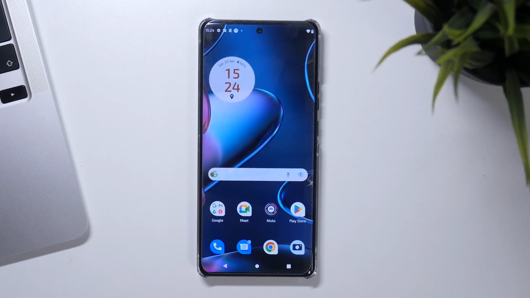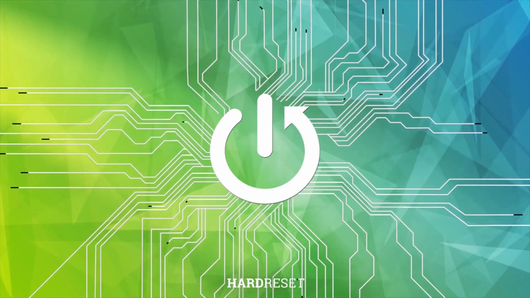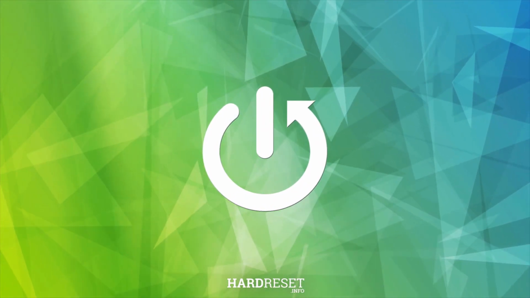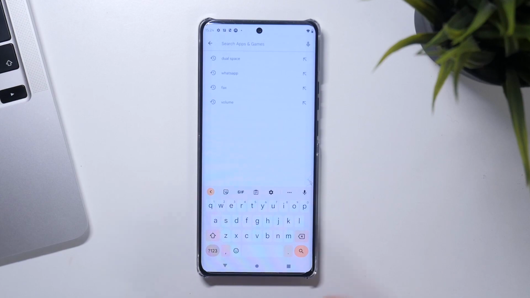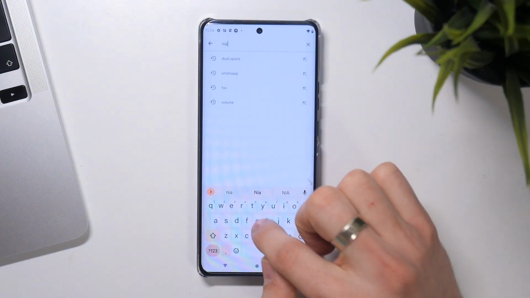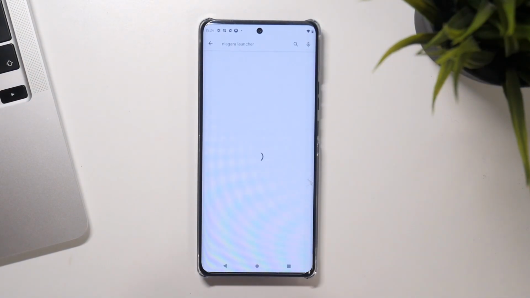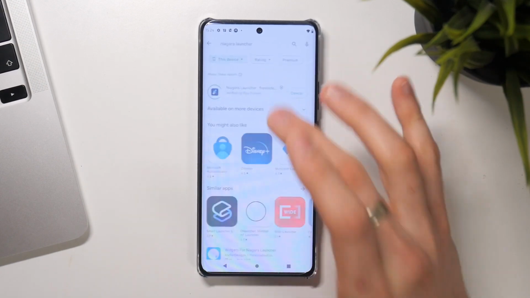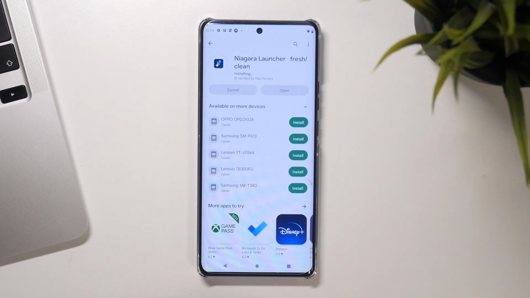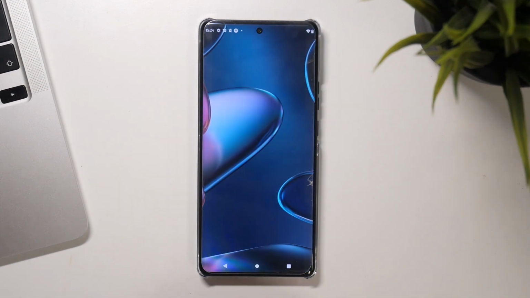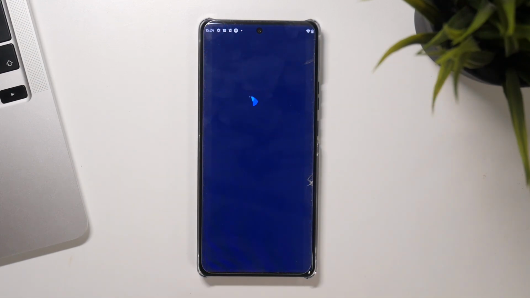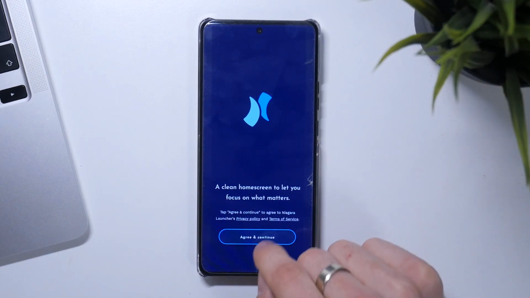I'm using Motorola Edge 40 Pro and now I'm going to show you the top 3 best launchers for this device. On the third place in my top is Niagara Launcher, so just download it. And click open. Click agree,